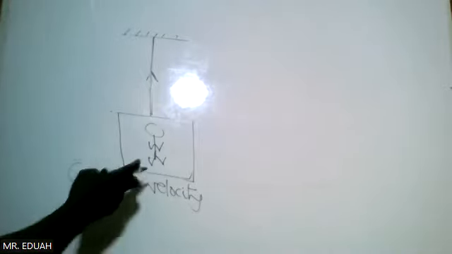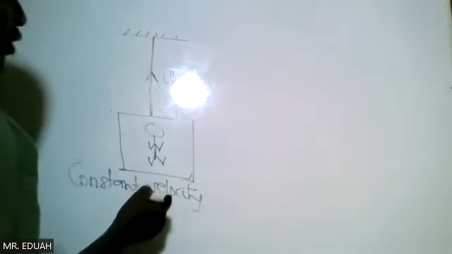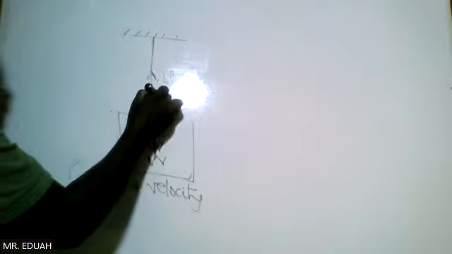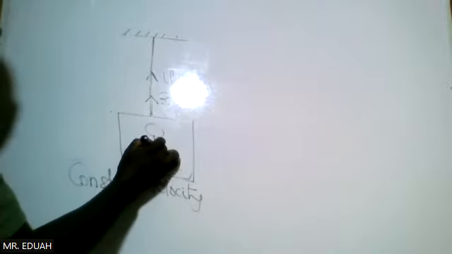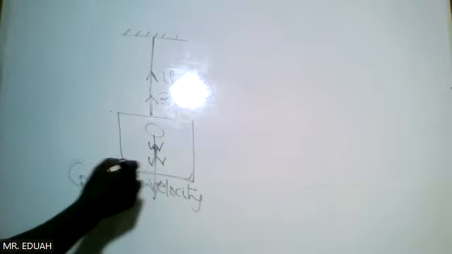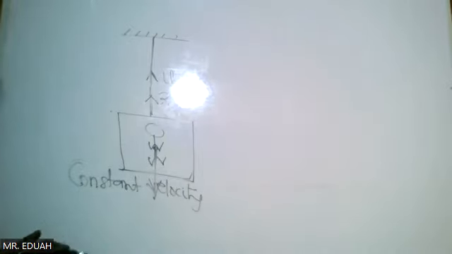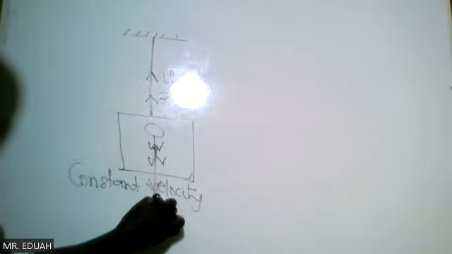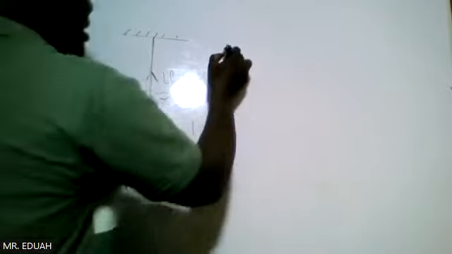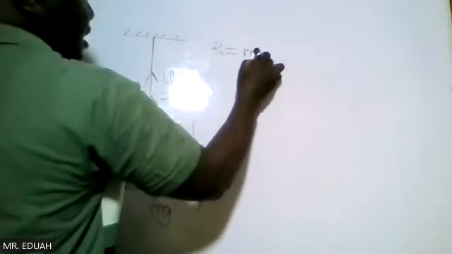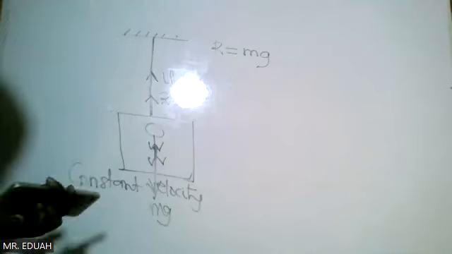So the reactional force R must balance the weight of the lift and whatever is in there. Here, we were not given the mass of the lift or the weight of the lift. We were only given the person. So mg of the person. So R must be equal to mg. The reactional force R will be equal to